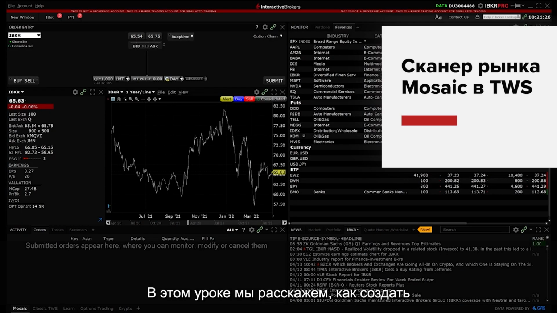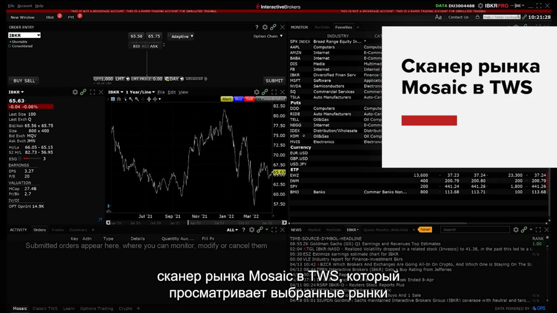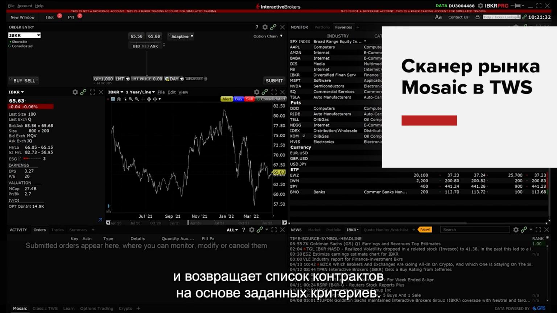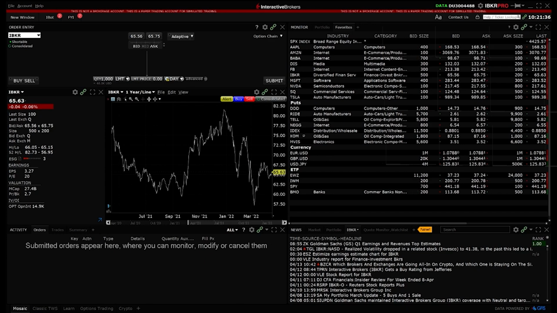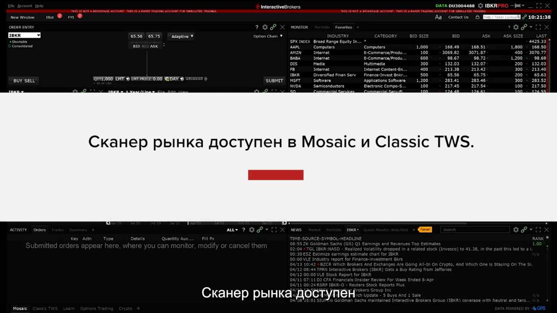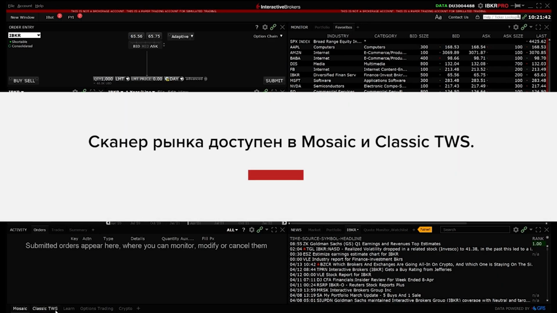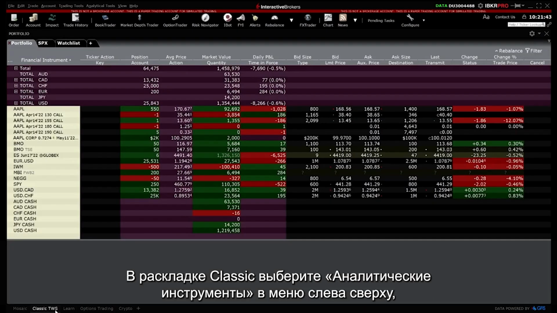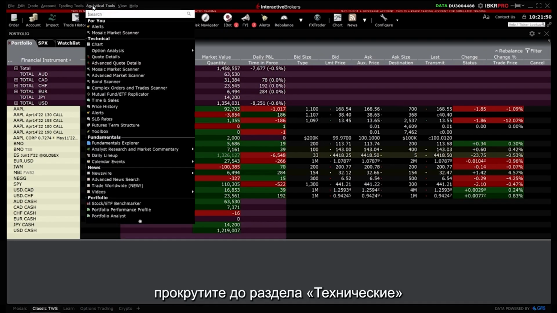In this lesson, we will review how to create Mosaic market scanners in TWS to scan the specified markets and return a list of contracts based on the defined criteria. Mosaic market scanners can be launched from either Mosaic or Classic TWS. From Classic TWS, select Analytical Tools in the top left, scroll down to the Technical section and click Mosaic Market